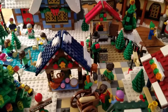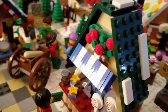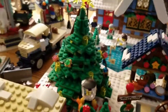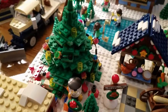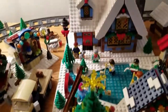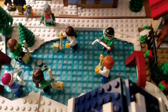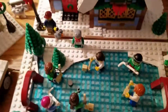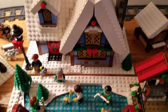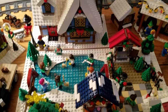But you can see there are some custom bits here. There are some official LEGO bits here, and I think putting them all together, it made for a fairly solid presentation. We've got the largest Christmas tree in the town. I put some of the gifts out around it, which actually doesn't really make any sense if you think about it, but it certainly makes it more festive. And then in the back, we've got an ice rink for my hockey players,